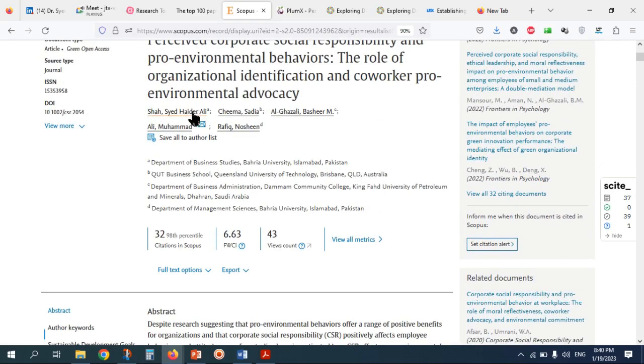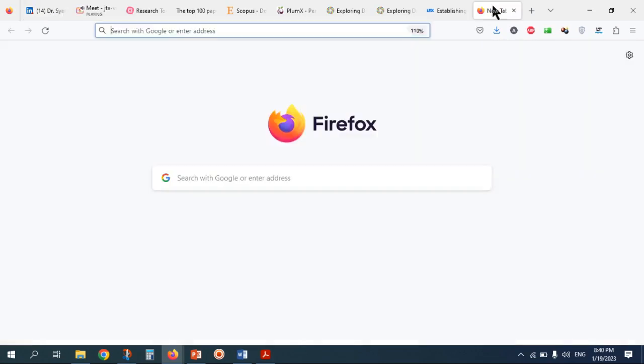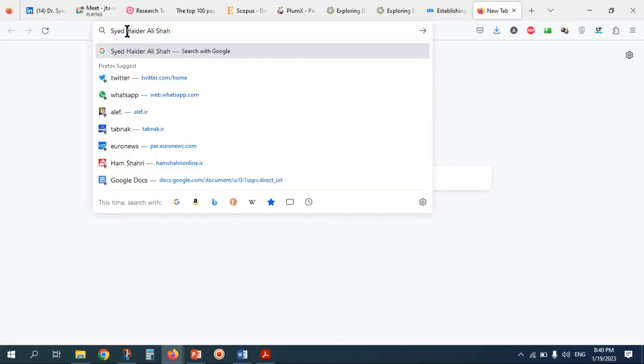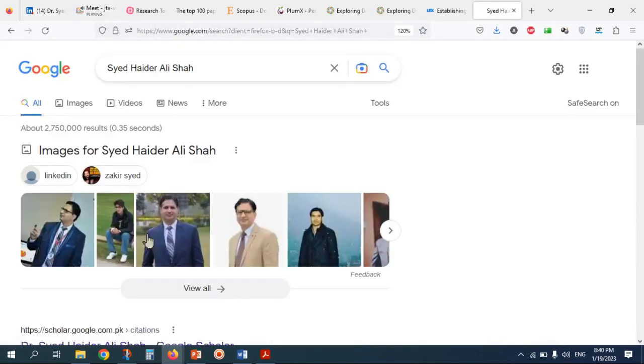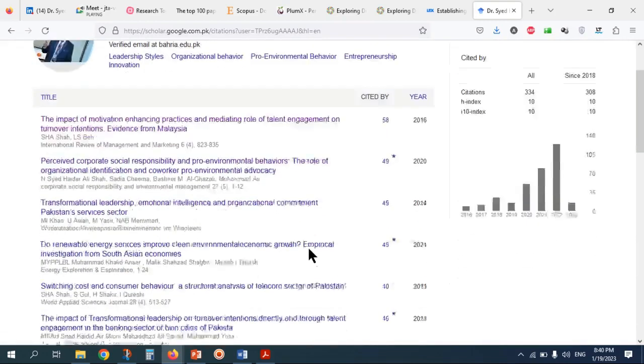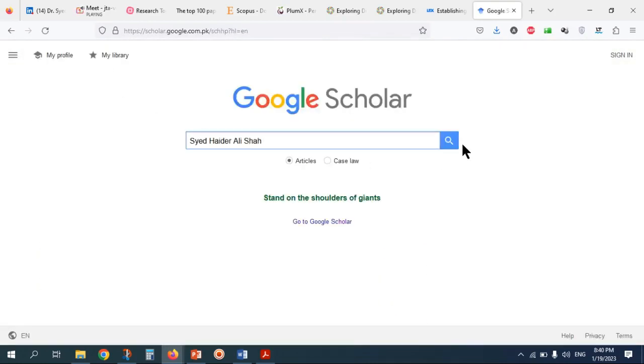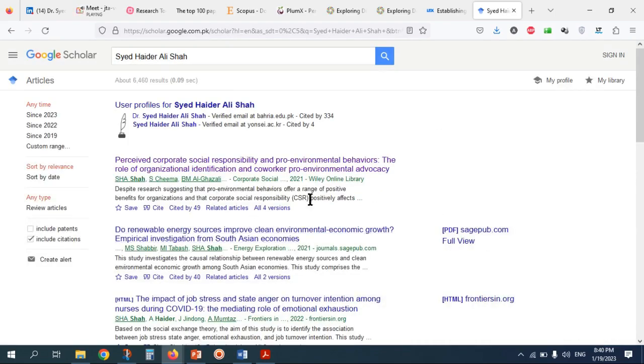Okay, I have it here. Go to the search again, go to the Google Scholar profile. This is your Google Scholar profile. This is the number of versions.